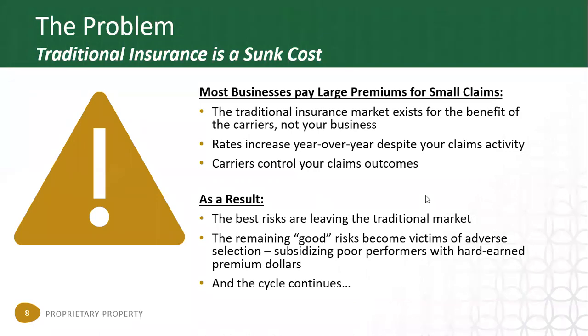And so the result is that people who are good risks, businesses that are good risks,